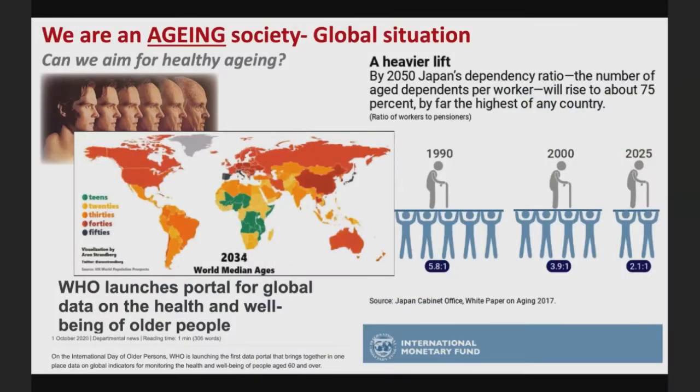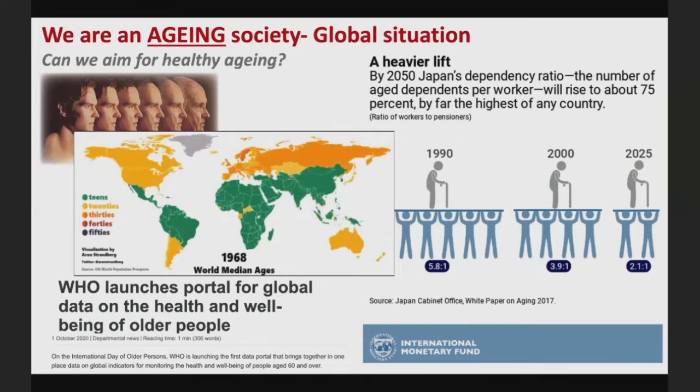And it has become absolutely clear that if we need to fight this socioeconomic burden, we don't need to fight aging. We don't need to try to reverse aging. But what we need to do is to talk about healthy aging and how we can improve the life quality and the health of aged people, in order to have healthy aging and also to reduce this socioeconomic burden.